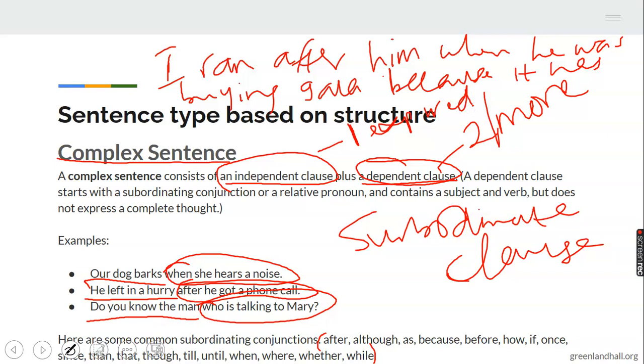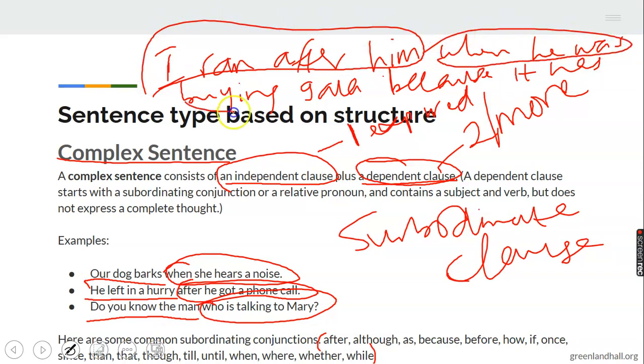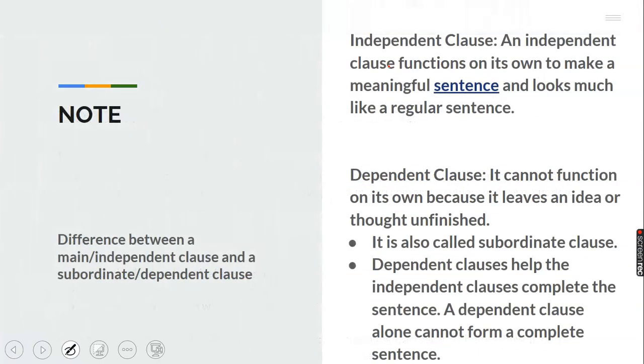This is a sentence that has a main clause and two subordinate clauses. I ran after him is the main clause. When he was buying gala is a subordinate clause, and because it has expired is the other subordinate clause here. Try something on your own about this. Is that okay? Then the last one is